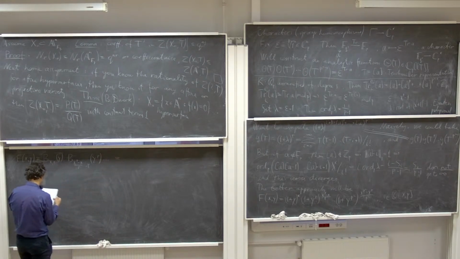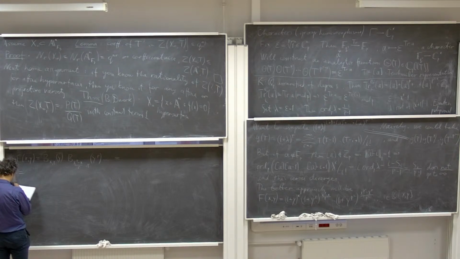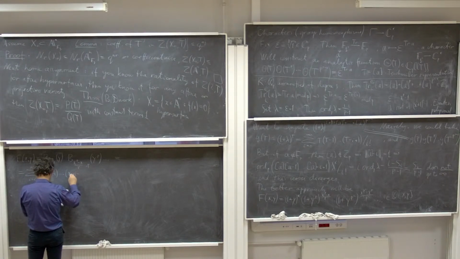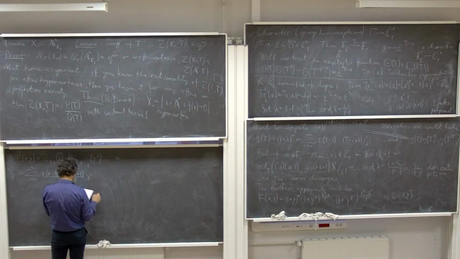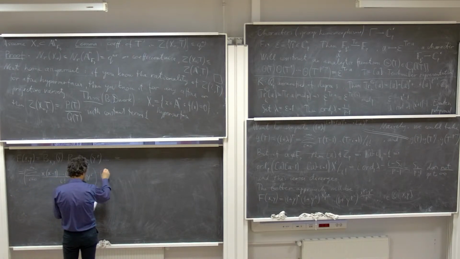And this is equal to the sum of x times x minus 1, and so on, x minus i plus 1, over i factorial, times y to the power i, and then times the product over n